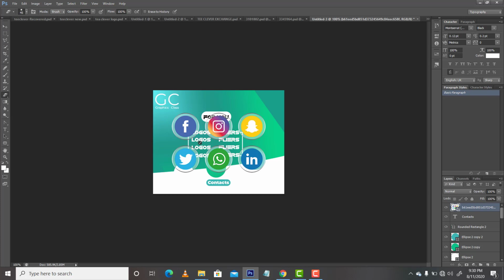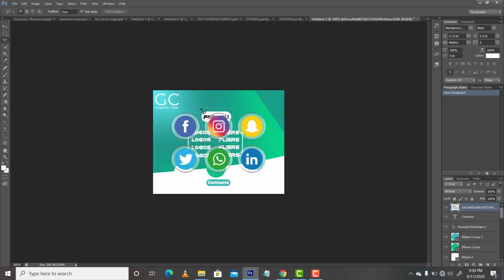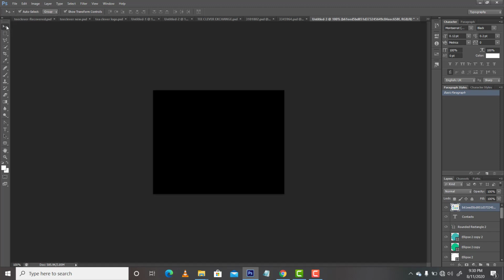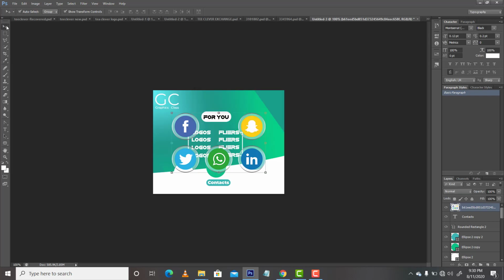So for me to be able to use this, even if I use polygonal as well, it won't work. I won't be able to cut it. So I have to first select my eraser to rasterize the image, so I'll be able to cut some part of the social media icon. So I've done that. Then Control X, then Control V back to paste it. So as you can see, I've removed it from the